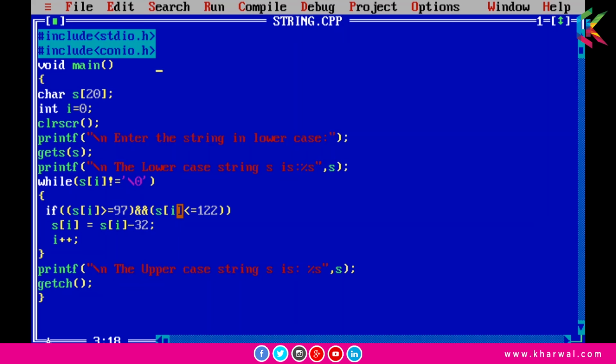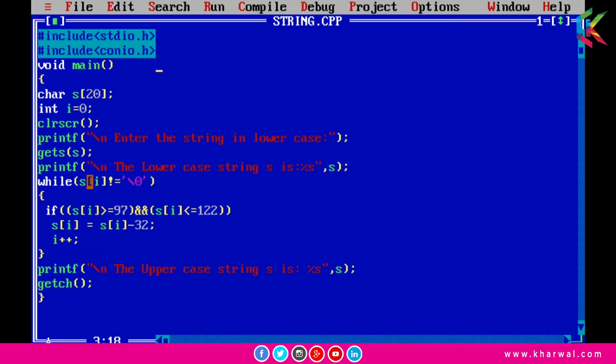We are checking one more condition here: 104 is less than or equal to 122, so it is also true. True and true will give you true. So now we subtract 32 from 104, that gives 72, and that is the value of capital H. Then i++ will be executed, so the value of i will be 1.